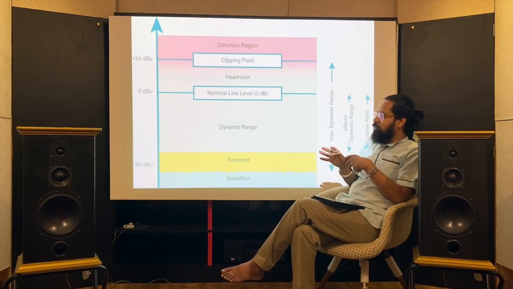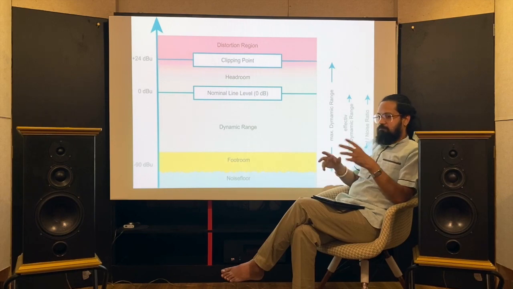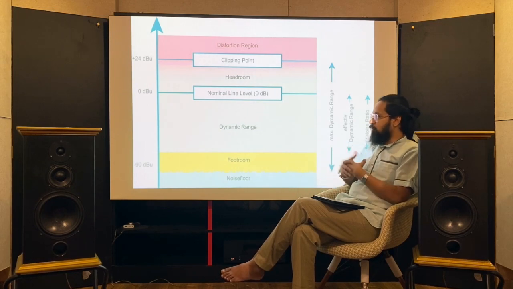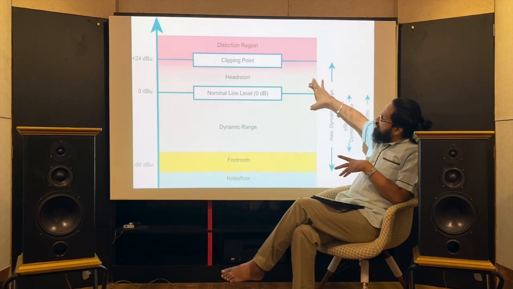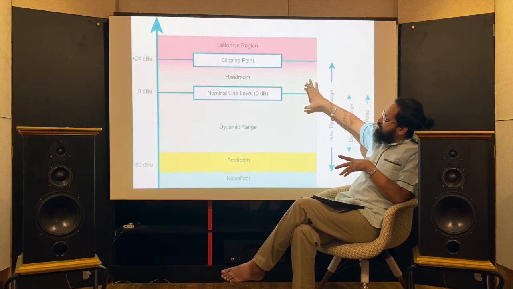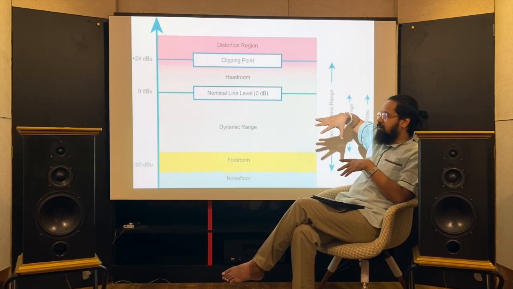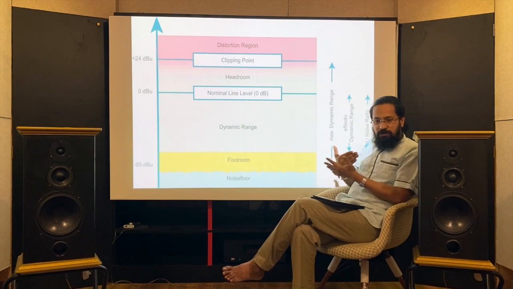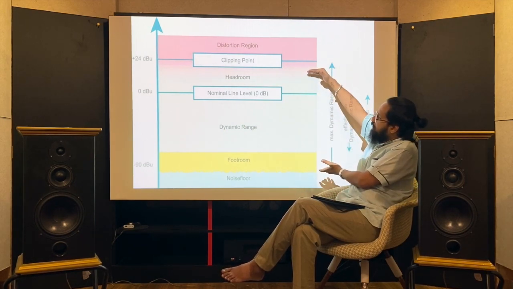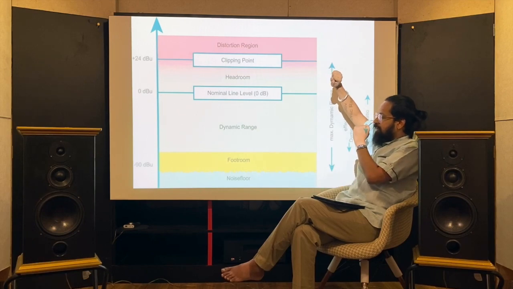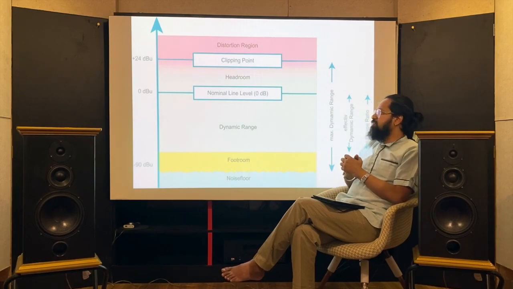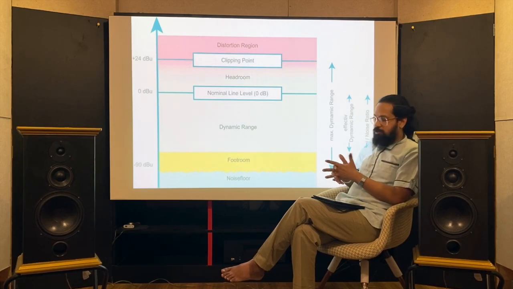So when you listen to some average mix, like you're watching some serial on the TV, you're watching some news program, you need a very narrow band of headroom, dynamic range, and nominal level. You just need it to be in the narrow band. But when you're watching a movie in which you need an immersive experience, you need a large dynamic range, including the headroom and footroom. That is possible only with professional grade or hi-fi grade audio equipment, and you cannot get that using a soundbar or a multimedia system.